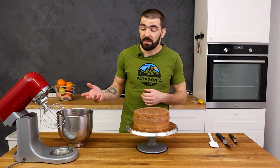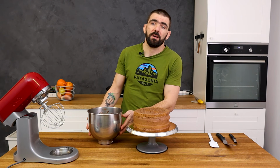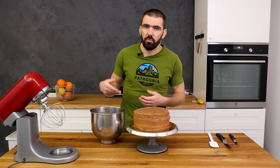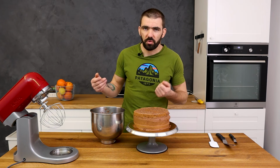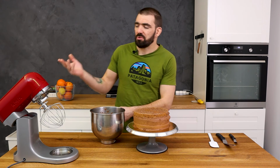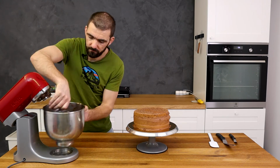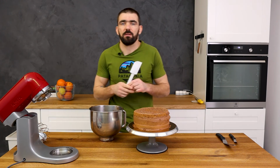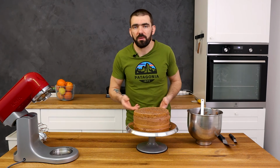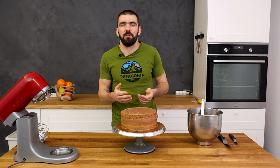so I can work to put on the rest of the cream. If, as it happened to me, the remaining cream loses a little of its volume, or it's not as fluffy, put it back in the mixer. We foam it a little bit, it's not a big deal. A few tenths of seconds on the mixer and it foams up again. And now I do nothing special, I simply cover the cake with the cream